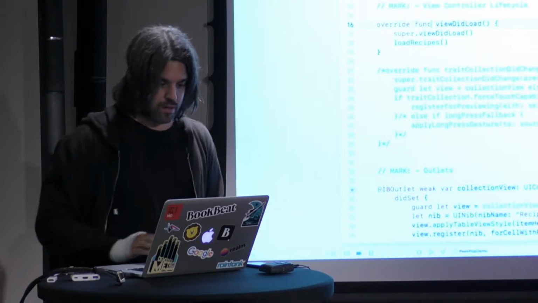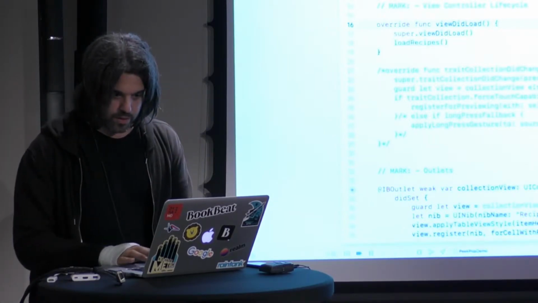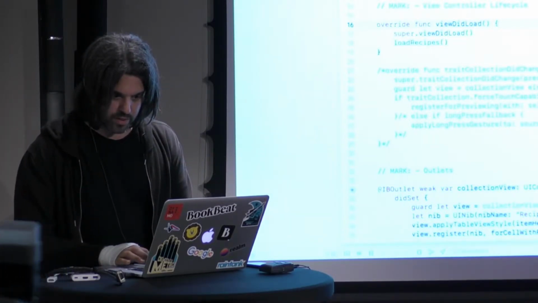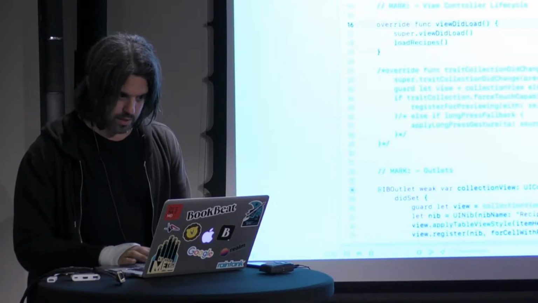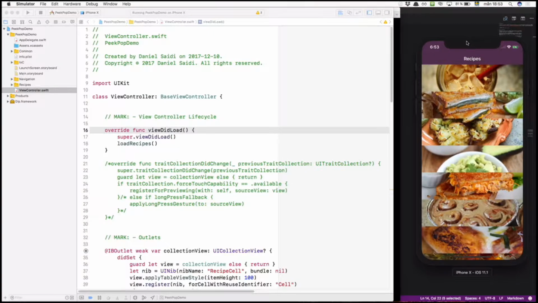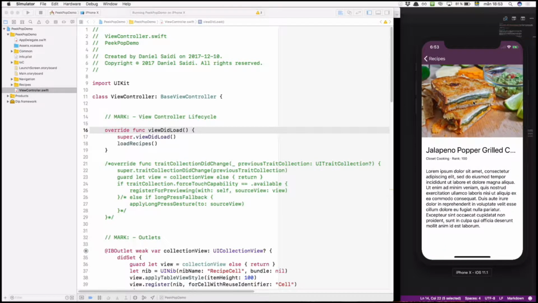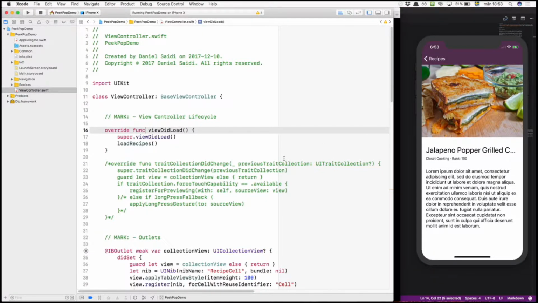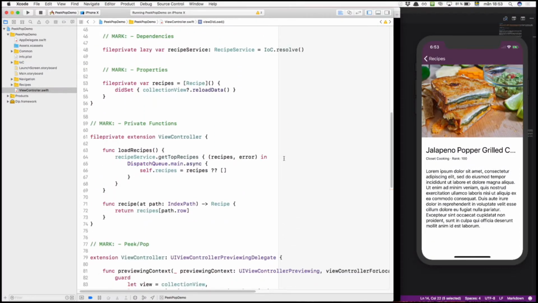Let's go. So if we run this application, we're going to see this really, really nice, quickly assembled demo application that lists a bunch of recipes. We have no peek and no pop, but if we tap it, we get taken to a recipe detail page. Nice. The only thing we have to do now, I'm going to come back to this part of the code